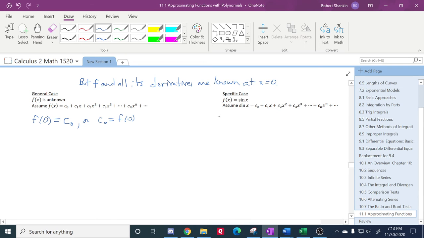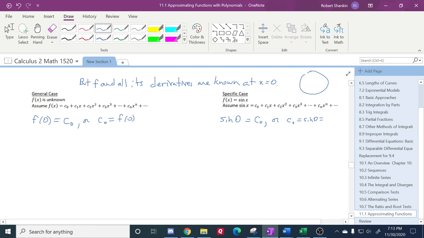Then sine of 0 is going to zero out everything except C0. Or C0 is equal to the sine of 0, but we can actually figure out what the sine of 0